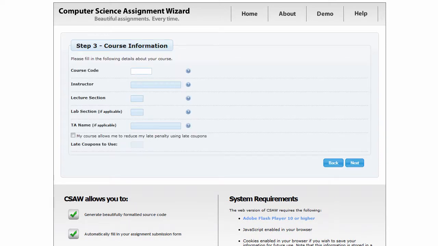In Step 3, you will enter your course information. This includes your course code, your instructor's name, and your lecture section. If you belong to a particular lab section, you should enter its section number as well. Similarly, if a particular TA marks your assignments or runs the lab section to which you belong, enter his or